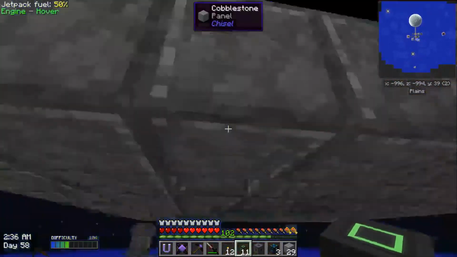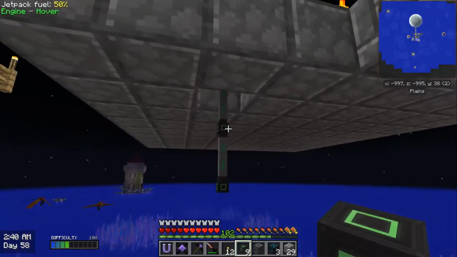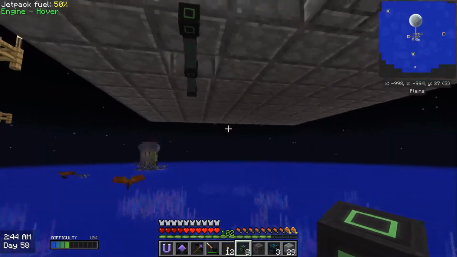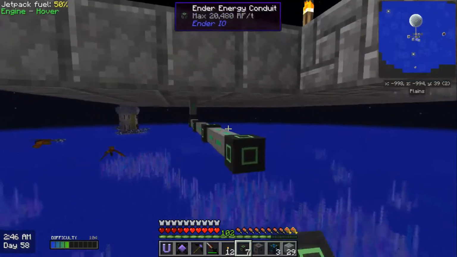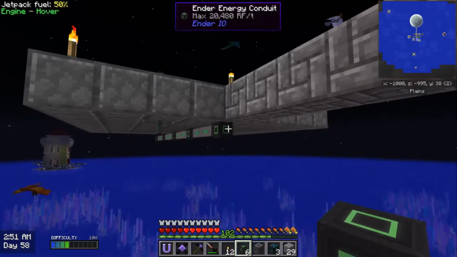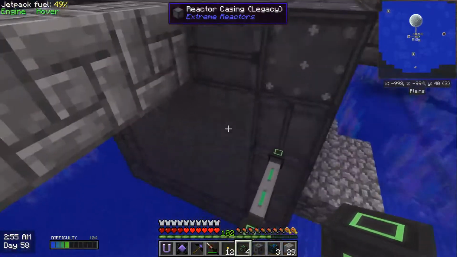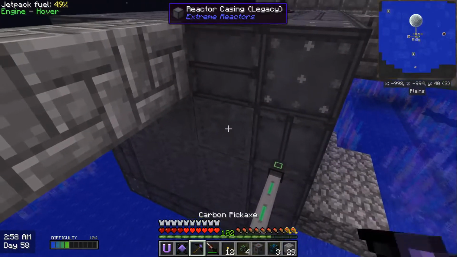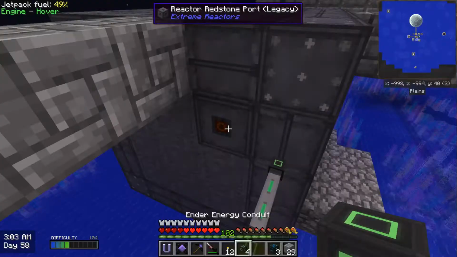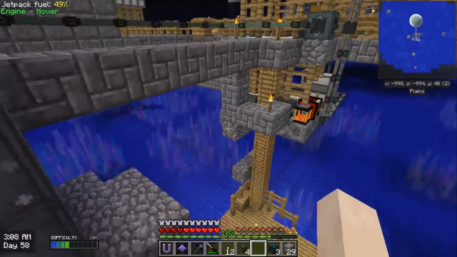And I'm going to go down under to see where this comes out, because I don't want it in the middle of the way like I did for the other ones. It was annoying. So, like so. This is a bit harder to do when hovering though. So it comes out here, which is not a good position. We're going to break this right here, put the port right there, and oh no, I didn't build